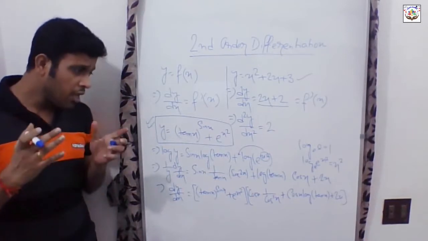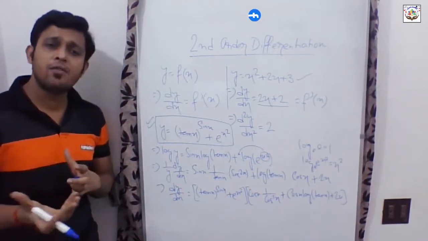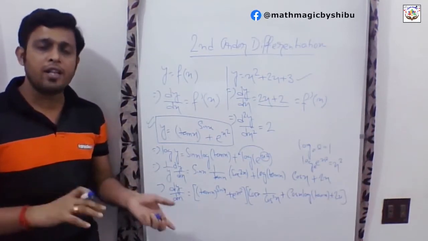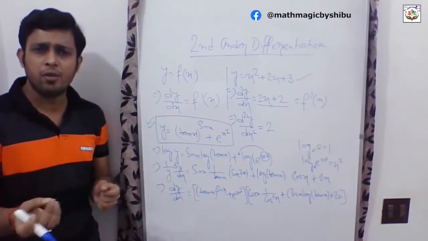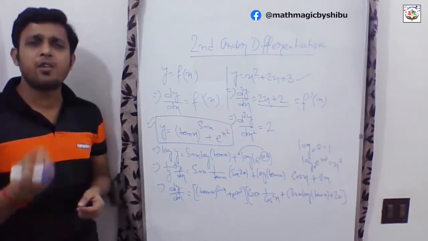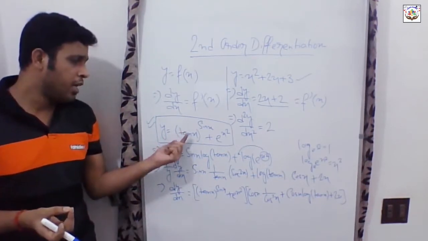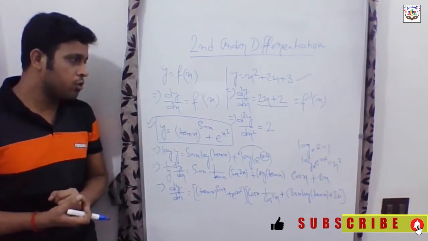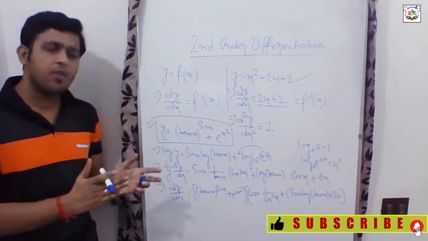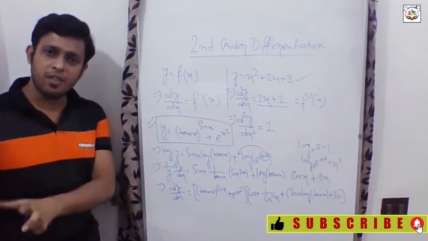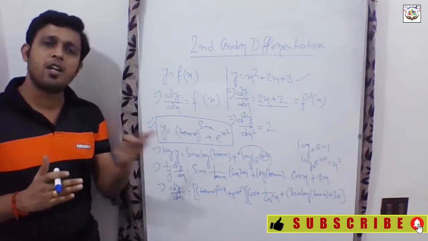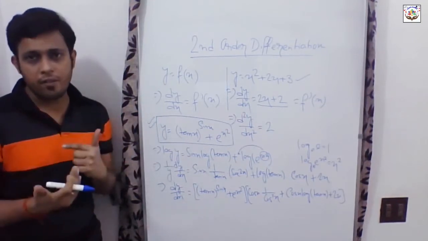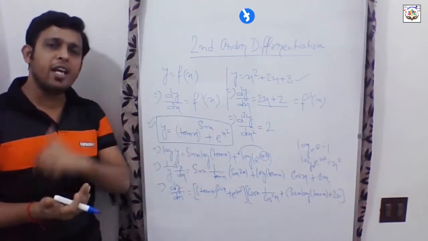Okay, and you might get this kind of sum: find the value of d2y by dx square when x equals some value like 1 or 2, or x equals any kind of angle, whenever we have trigonometrical angles or something, right? So the difference between first order differentiation and second order differentiation simply is that for first order differentiation we are differentiating one time, and for the second order differentiation we are differentiating it again.